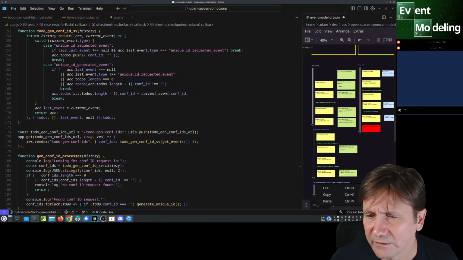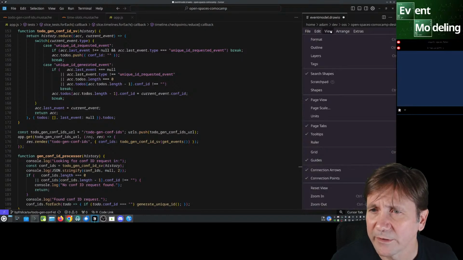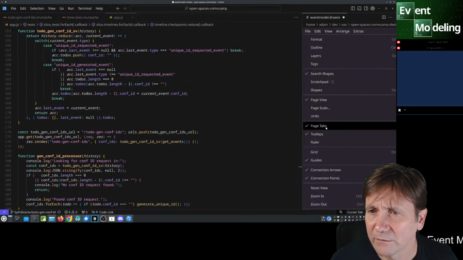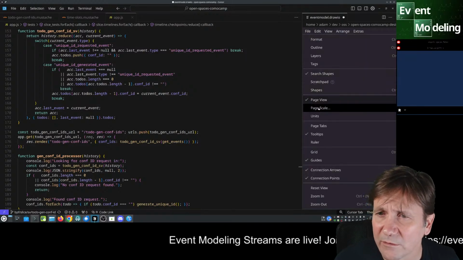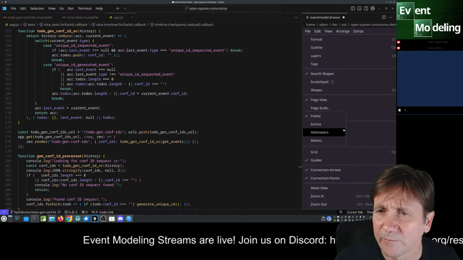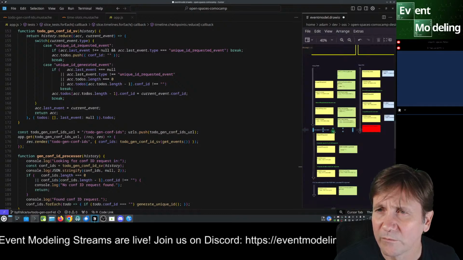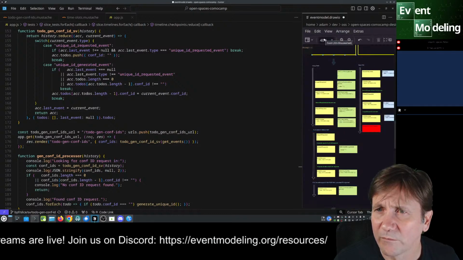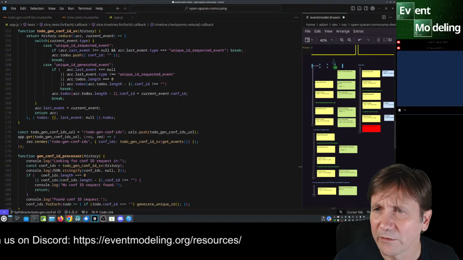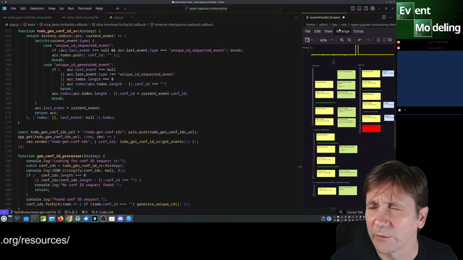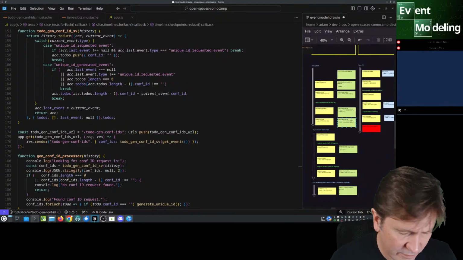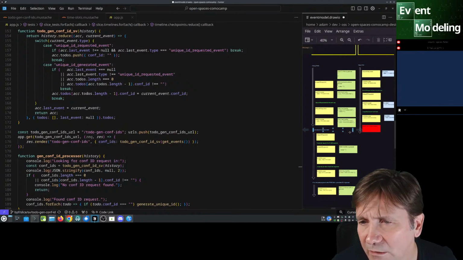I don't want to see it. Yeah, definitely get rid of page tabs. Go away. Tooltips is just floating over it. View. Okay, I don't know what that got rid of, but whatever. Just trying to get more real estate here so I can get a higher resolution image.